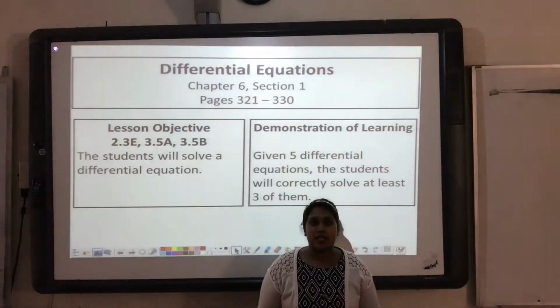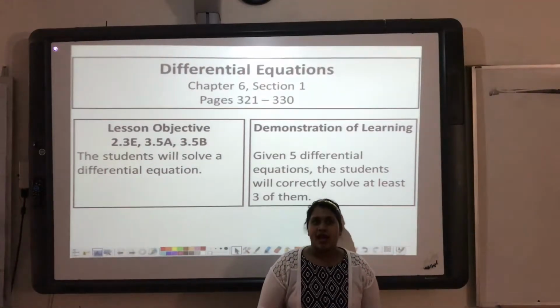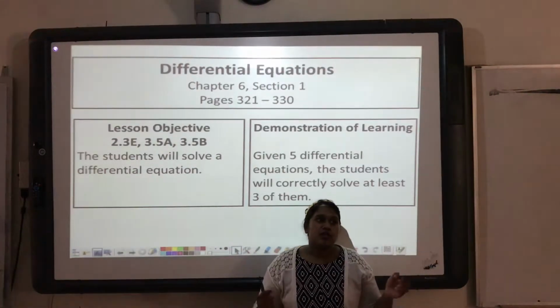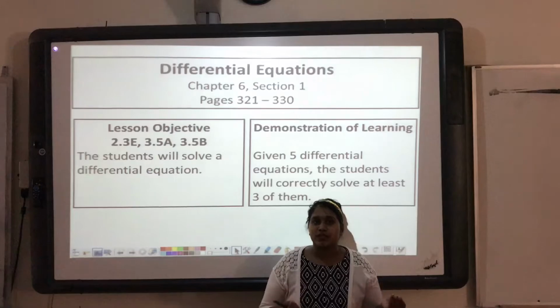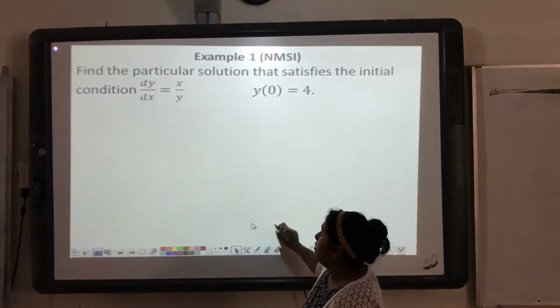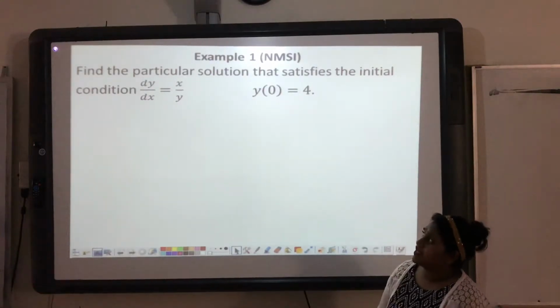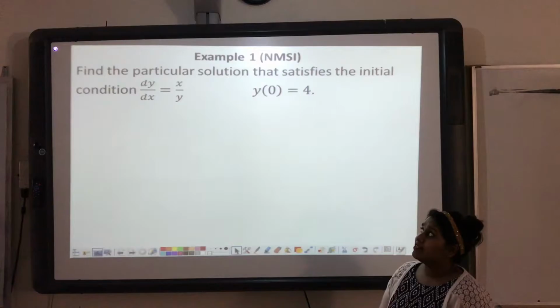Okay, so let's begin talking about Unit 7.8, which are our differential equations. To kind of tie it together, you might find patterns or similarity between implicit differentiation when we talked about derivatives. Okay, so our first question tells us to find a particular solution that satisfies the initial condition that dy dx